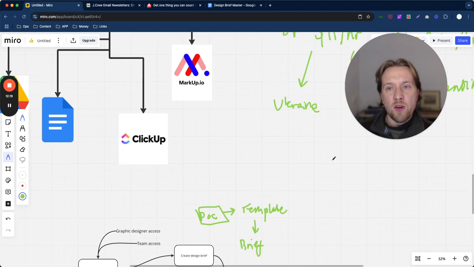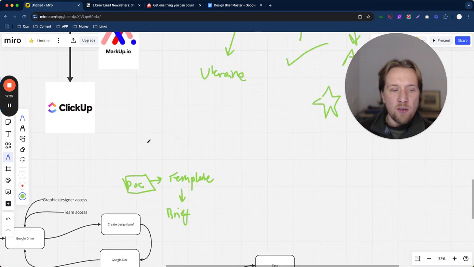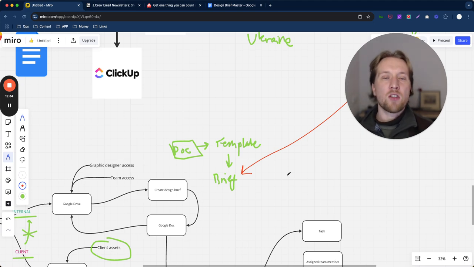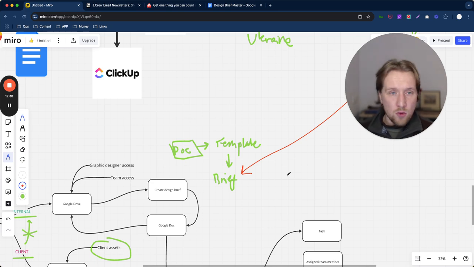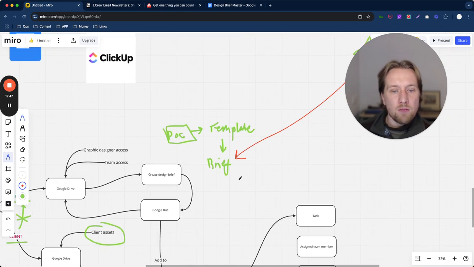Okay, so even if you have a brilliant graphic designer who's a star graphic designer from Ukraine or Argentina, wherever it might be, even if you have those guys on board and you trust them, you always want to set expectations clearly. You want to clearly define the scope, because if you don't have a clearly defined scope, you open yourself up to the risk of not getting what you wanted. Okay, and that's going to cause inefficiencies with, not least your profit margins, but actually the timeline of delivering the scope for the client. Okay, so you always want to basically provide a design brief for your designers, however experienced